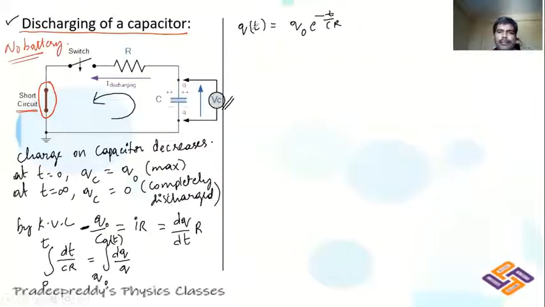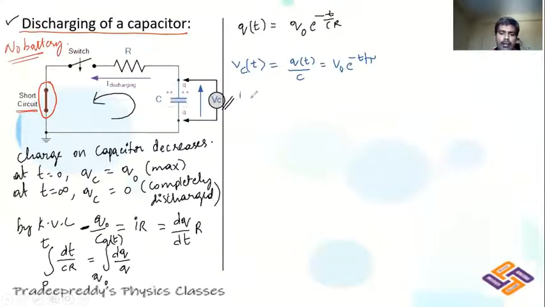So we have q of t is equal to q naught into e power minus t by CR. Now let us write down what would happen at t is equal to 0. First, let me write down equations for charge, voltage and current. Voltage across the capacitor V of C is equal to q of t divided by C. So simply you will get V naught into e power minus t by tau, where tau is equal to CR. That is voltage across the capacitor.